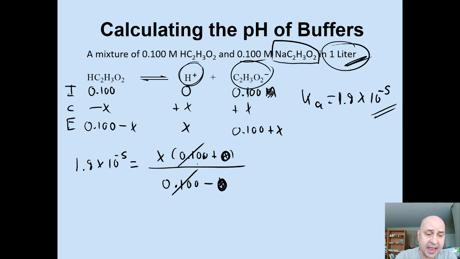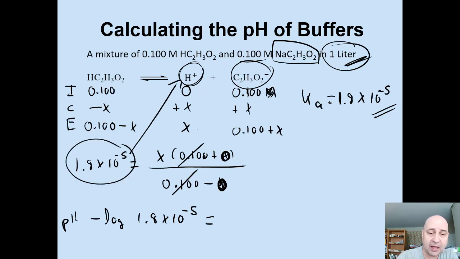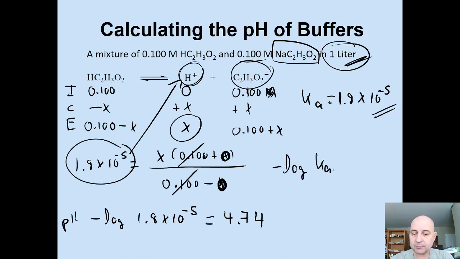The Ka is going to be equal to, in this case x, the hydronium ion concentration, is equal to the Ka, and so if we take the negative log of 1.8 times 10 to the minus 5, that would be the pH, because this is equal now to the hydronium ion concentration at equilibrium, right? And so the pH would be 4.74,